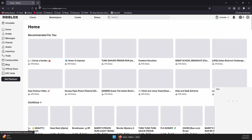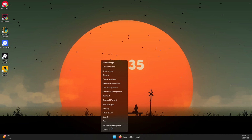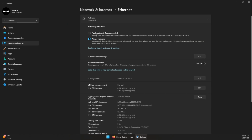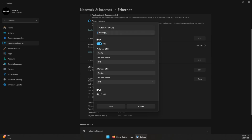Now, if that still does not solve the issue for you, what you can do is go back to the Start menu and then right click on it and go to Settings, and then go to Network and Internet section. Go to Ethernet or Wi-Fi, depends on whichever you're using, and then click on Edit next to the DNS server assignment for IPv4. Set it to manual and then enable IPv4 and use the following DNS: